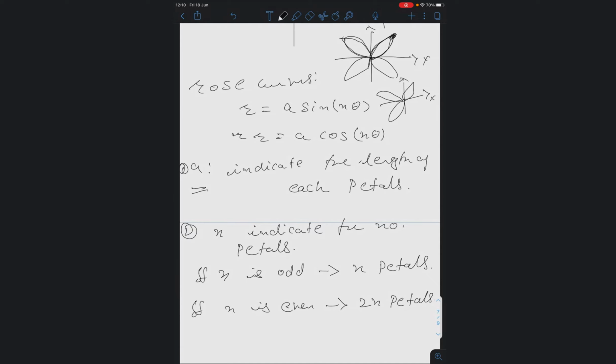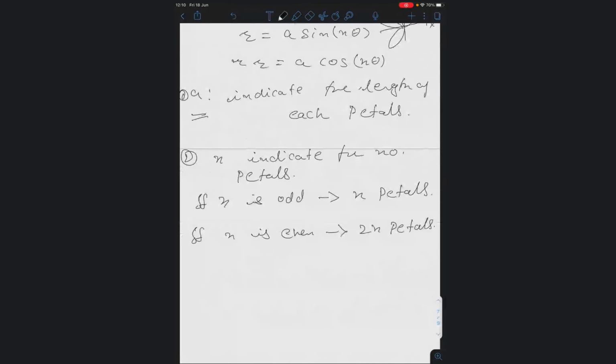So something like this kind of graph you are going to get. Now the question is to find where the first petal starts. I have drawn these randomly, but where should I start drawing my first petal, and then to draw the next petal, I need to rotate. To what extent should I rotate my petals? These are the 2 important things. First important thing, the length of the petal. Second, how many petals you will get, that will be based on your N value. N is odd means exactly N petals. N is even means exactly 2N petals you will get.